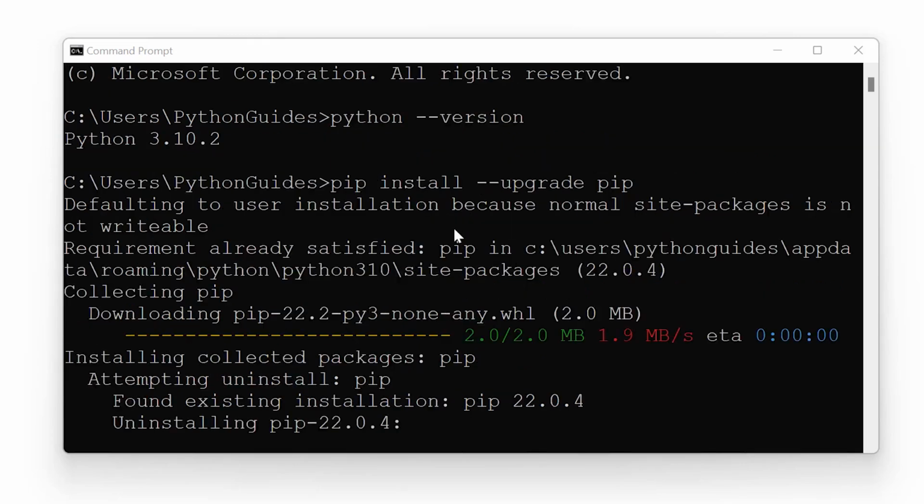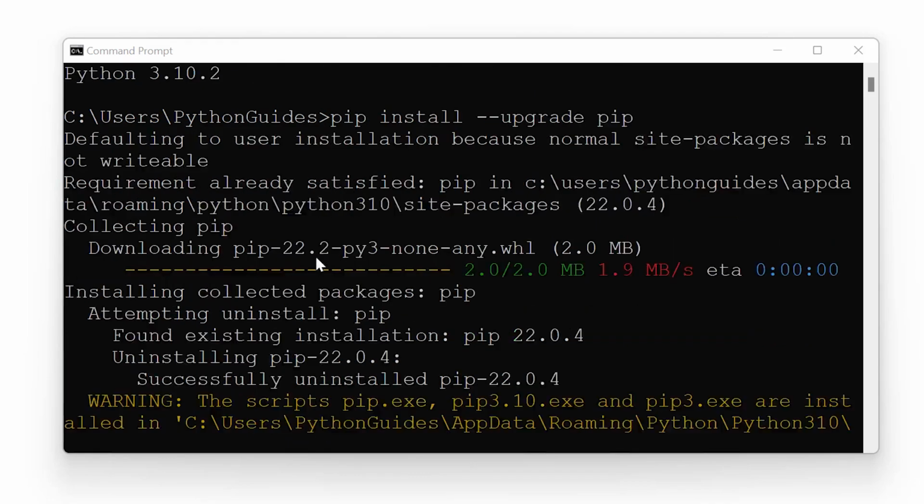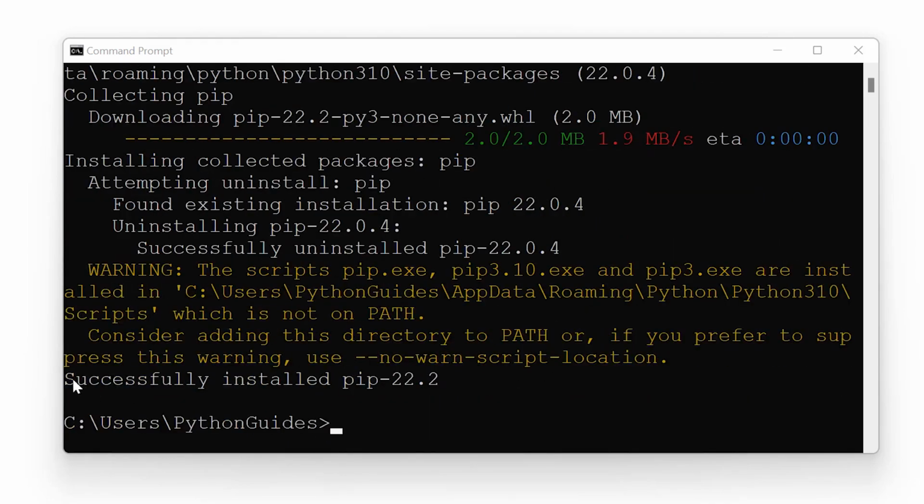So here you can see it is telling that in my system pip version 22.0 was installed and the latest pip version was 22.2. This command has uninstalled the pip version 22.0 and installed this version pip 22.2. Here you can see the success message. So once we have updated pip, let's understand how we can create a virtual environment, and for this I will